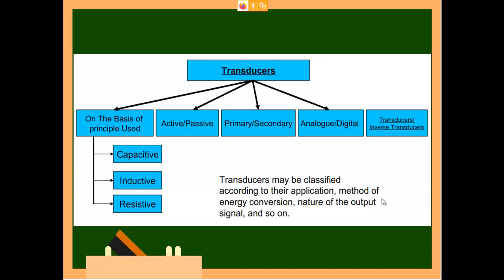That is called a passive device. An active device also measures voltage, but with the help of a multimeter, which you might have used in the digital lab, and without any battery your multimeter will not work. That falls under an active device. So that is the difference between active and passive. In a passive device, no external supply is required. In an active device, some external supply is required.